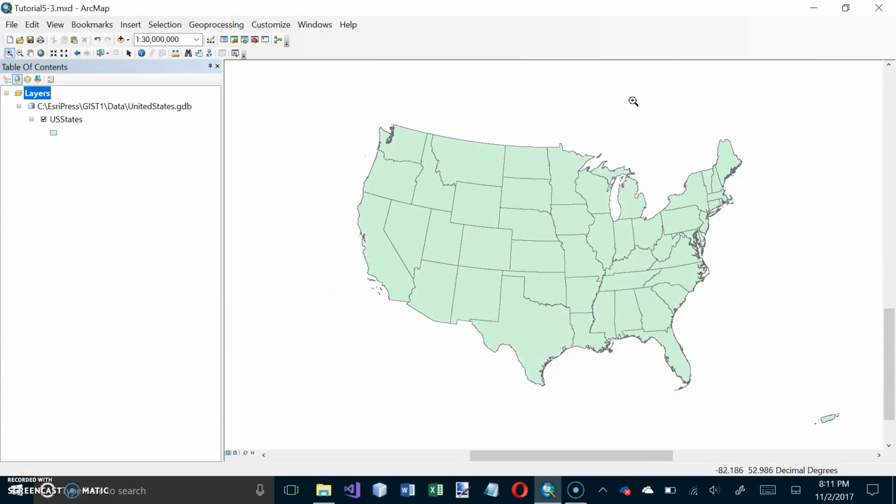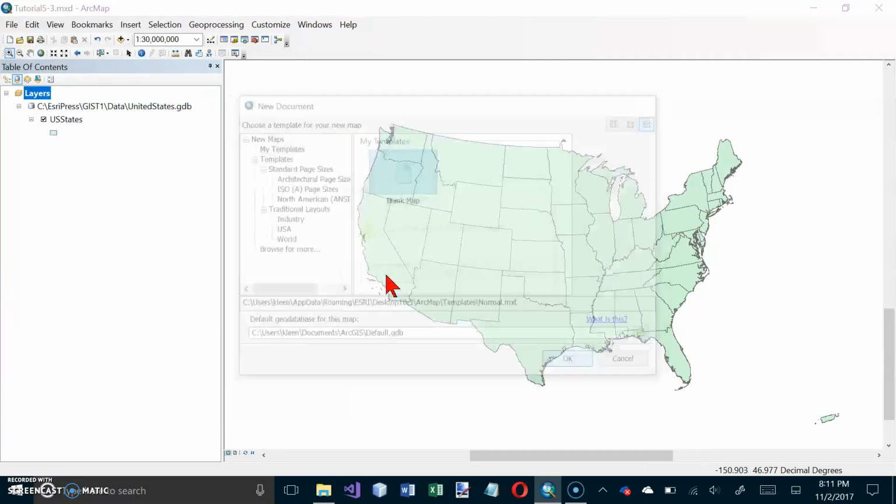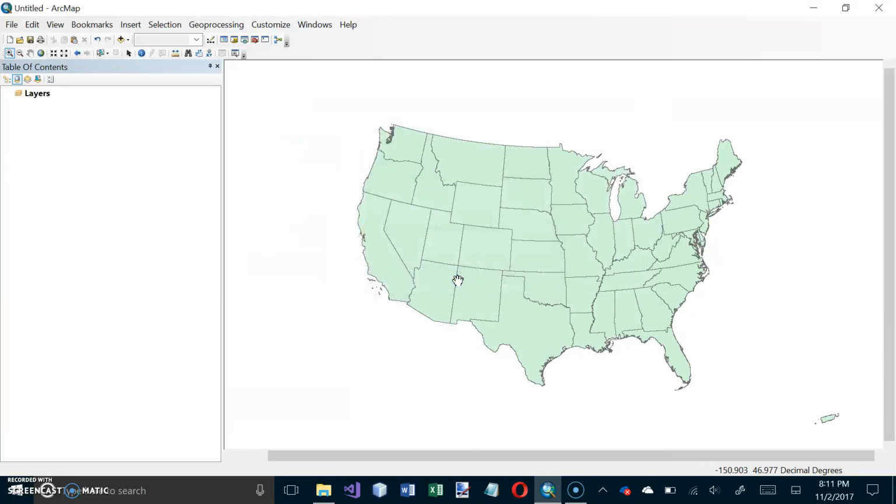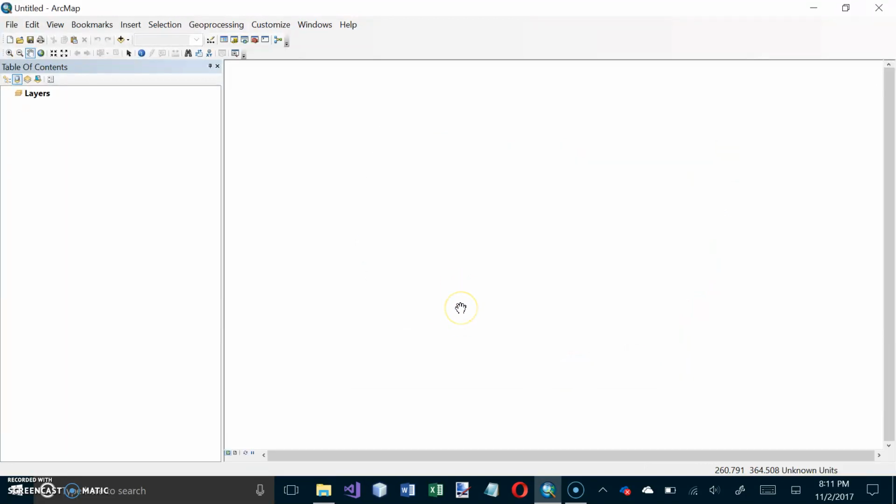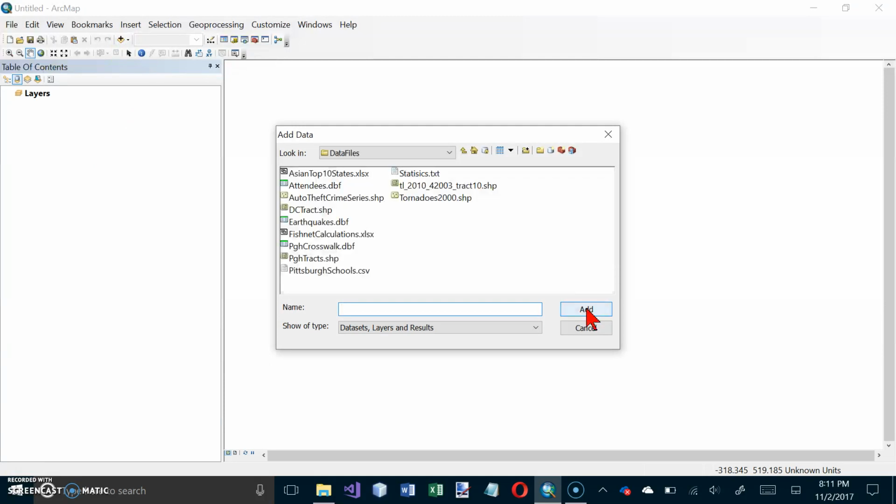Now we're going to add some projected layers to a map document. So it says in a new blank document, so let's create a new map over here and click on OK, and no changes to save. So now we got a blank map, and we're doing number 1 on the middle of page 181. In a new blank map, click the Add Data button, and we want to browse to the data folder. And so let me see here. So here's my data folder, and I want Allegheny County.gdb, which is right here,